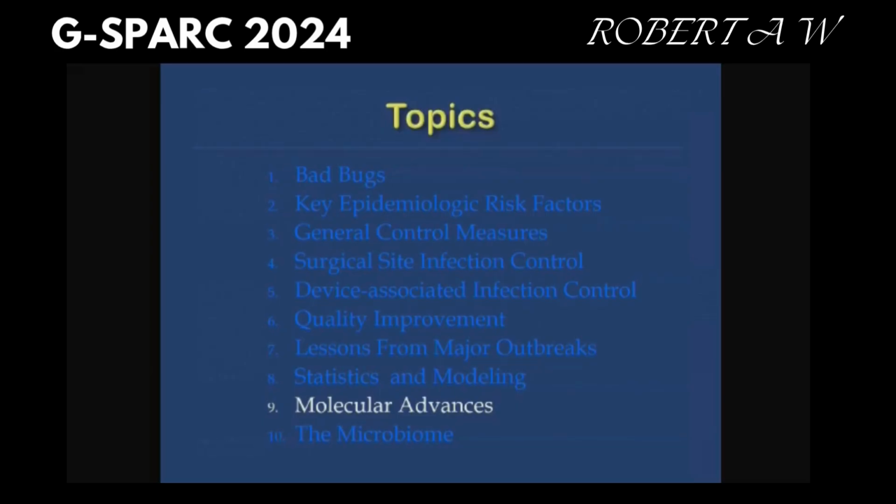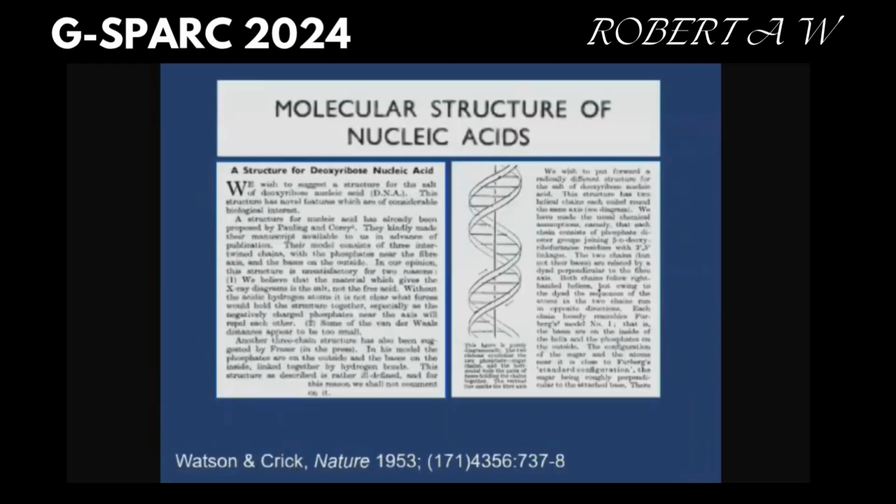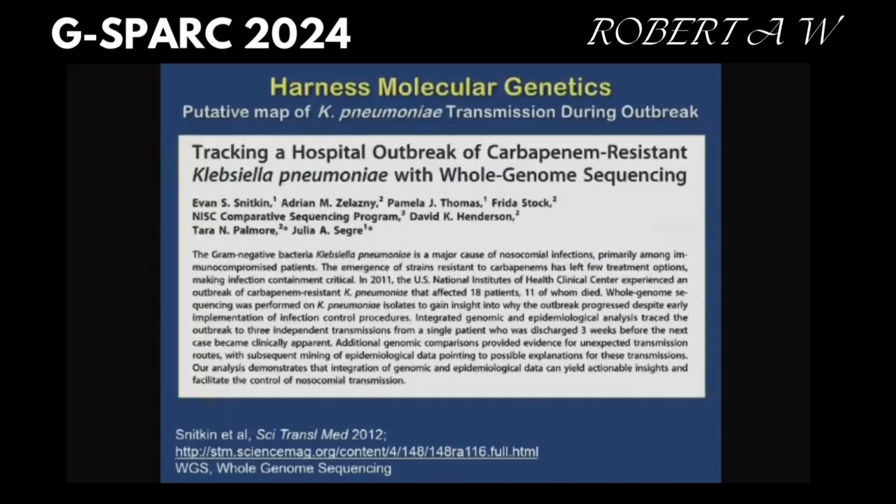The second of the 3 advances I want to talk about is molecular advances, which are in diagnostics and therapeutics. And they really were ushered in by our understanding of DNA. And this is a slide from Watson and Crick. It was, interestingly, 1.5 pages that demonstrated the structure of DNA that led to all the changes downstream in molecular diagnostics and therapeutics. As an example of how we've harnessed this molecular genetic understanding, I want to show you this